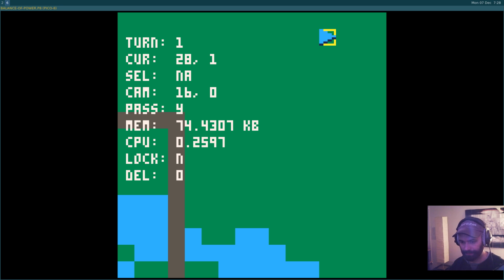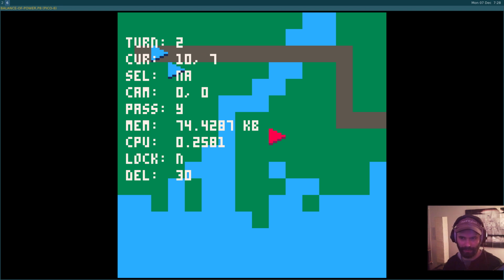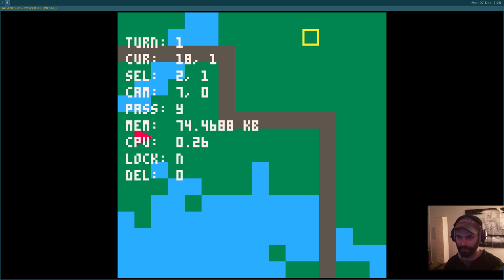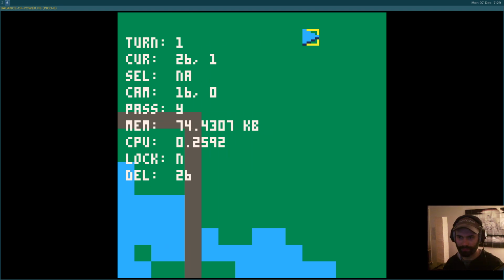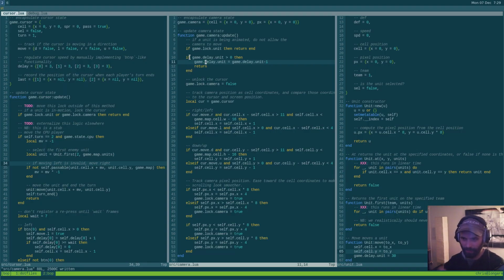What happened there? The unit moved, I think. Let's move our guy again and see if player 2 takes his turn just off camera. Yeah, so player 2 is taking his turn. So we have something sort of working. So